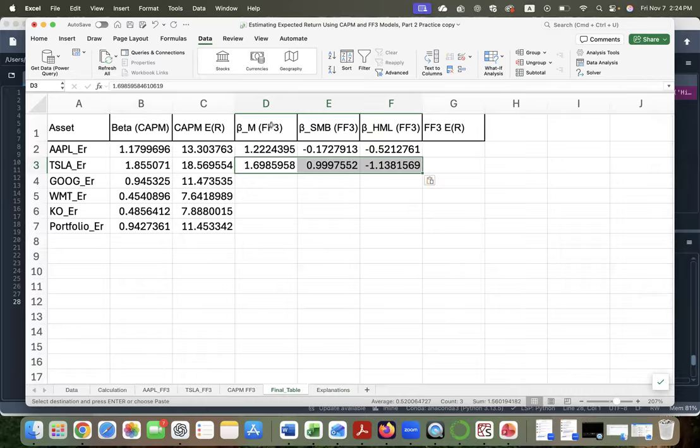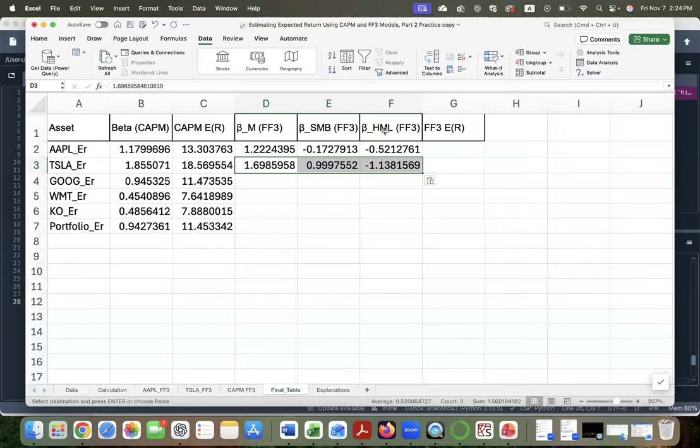So I got three factors. For CAPM we have only one beta. For FF3, we have three betas. One beta is almost the same beta for market risk premium, but the two other betas are coefficients for sensitivity to SMB, small minus big, and beta for HML,